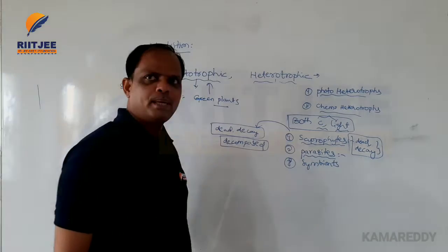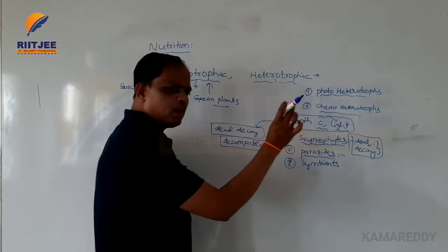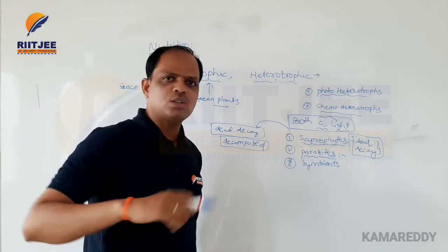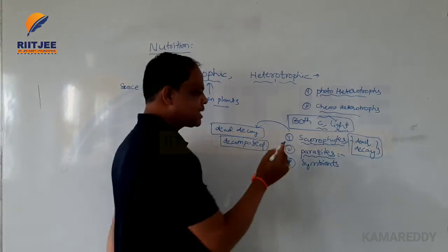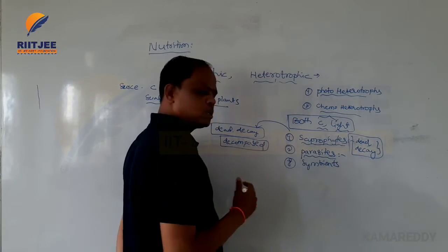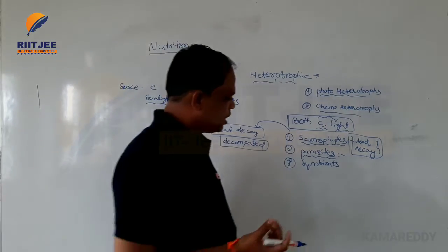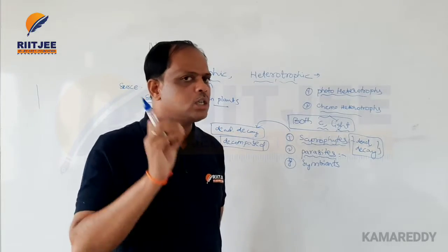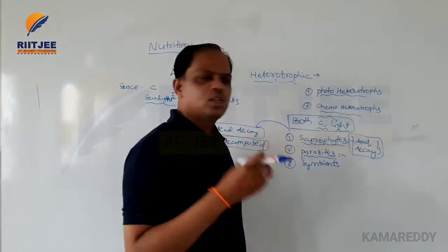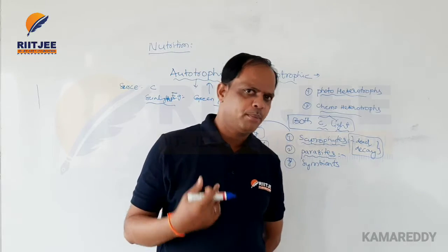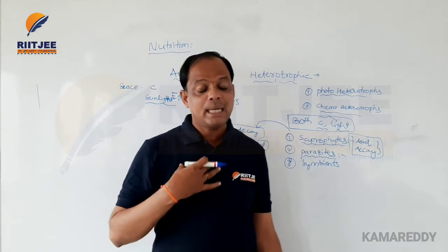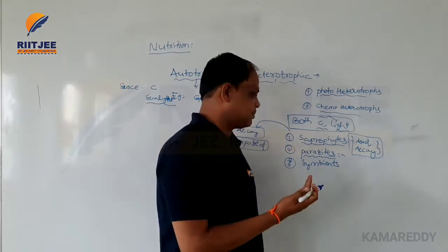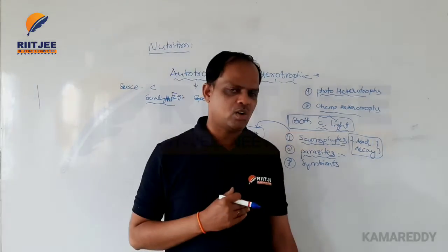And the next one is parasites. Parasites are organisms that directly depend on host organisms. Such bacteria are called parasites. For example, some are non-harmful to the host cells, they do not harm the host cells. For example, in all human beings, our intestine contains E. coli bacteria. This is one such organism.